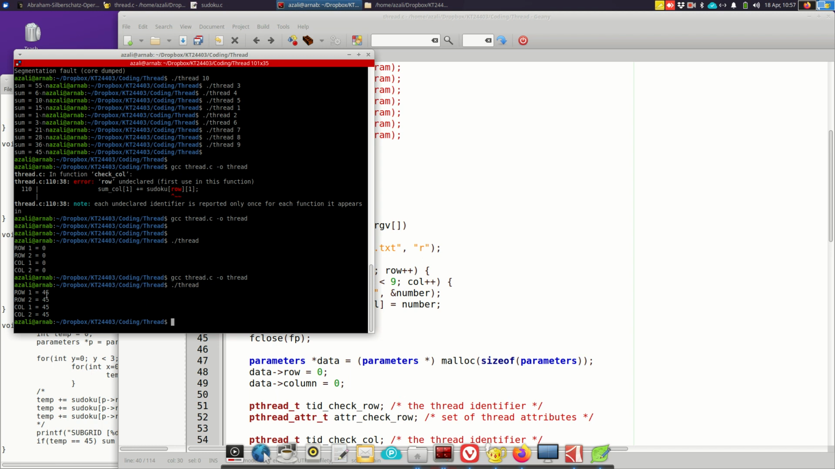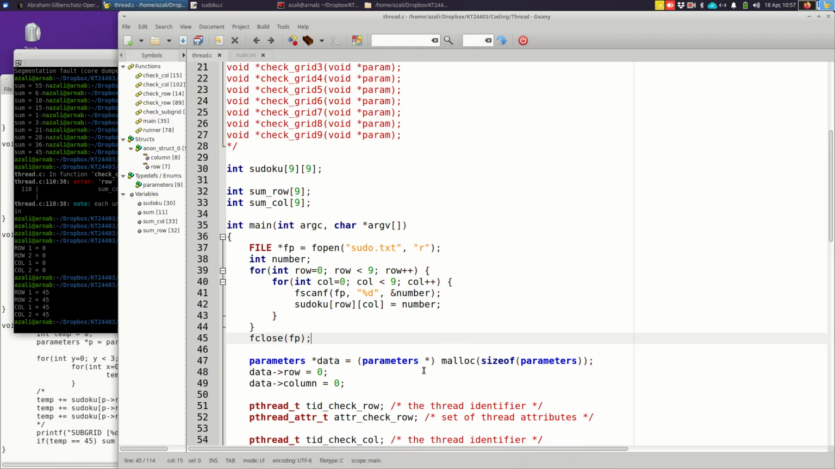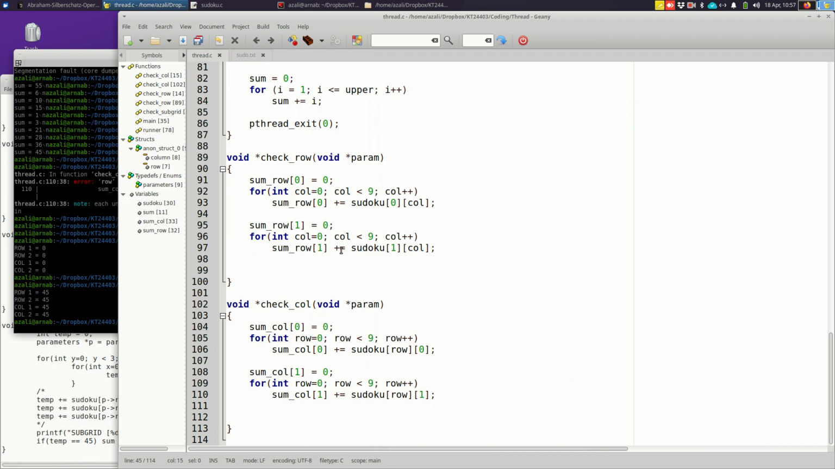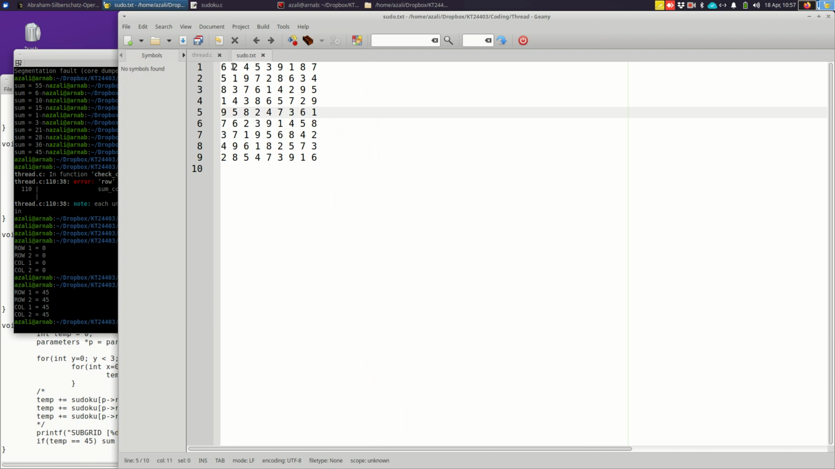But the assumption is the value should be all positive from 1 to 9. If you allow negative numbers, then this technique is not sufficient enough. Now let's try change the first row. Let's say this one, change it to